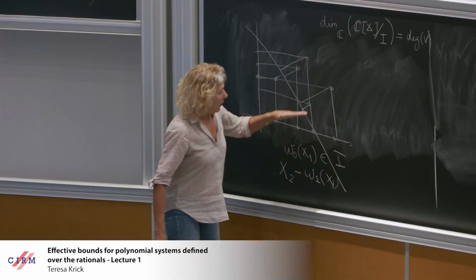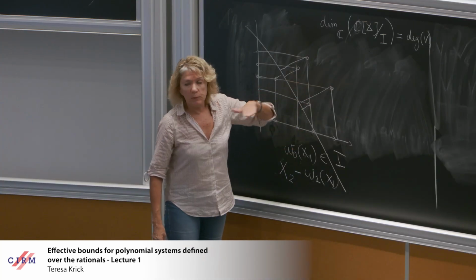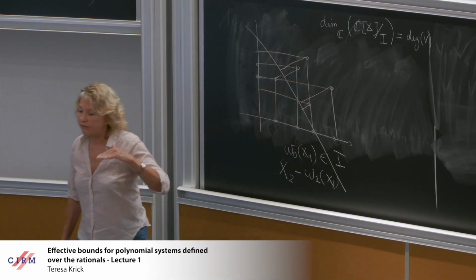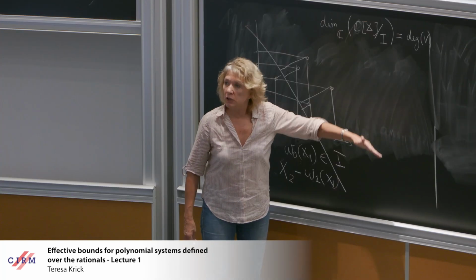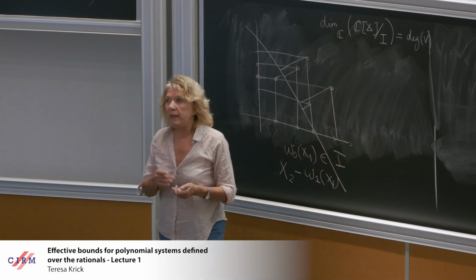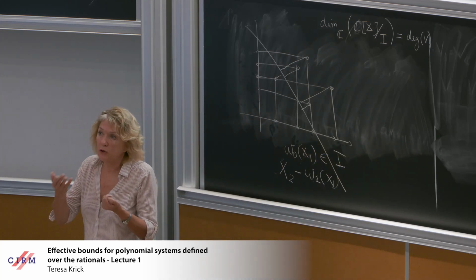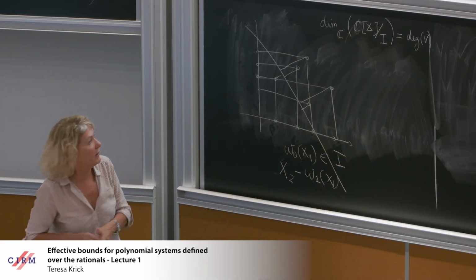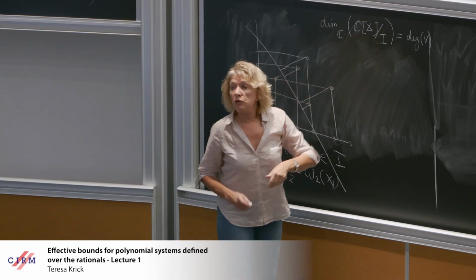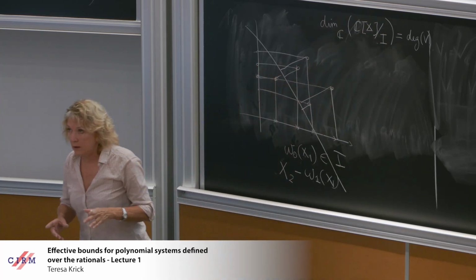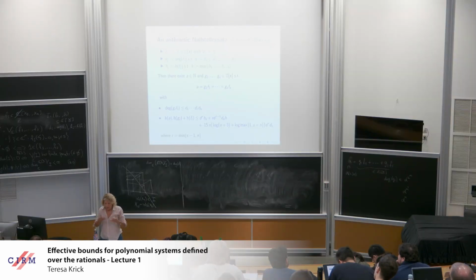So bounding, if I start with polynomials in Z of x, which define a zero-dimensional variety, all the ingredients appearing in the shape lemma will be integer polynomials, and I will be interested in bounding not only the degrees, but the degrees is easy because it depends on the degrees here, and the heights. And this is what I will show tomorrow.